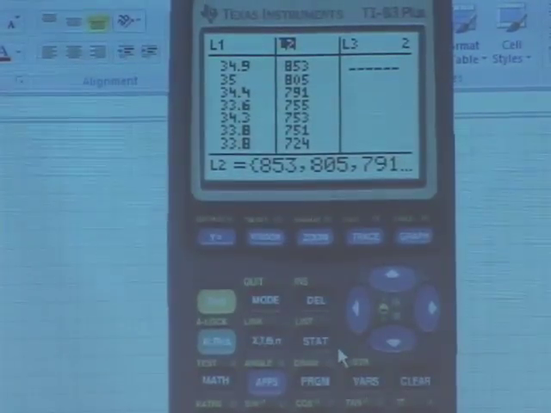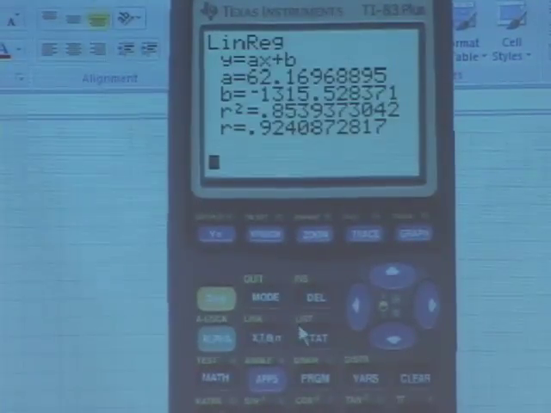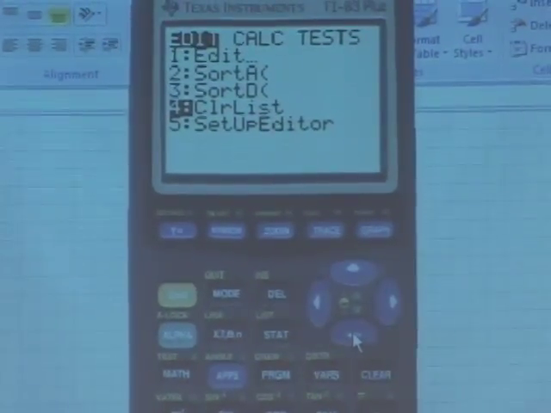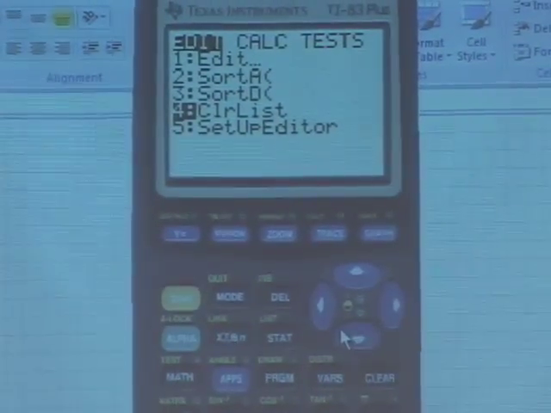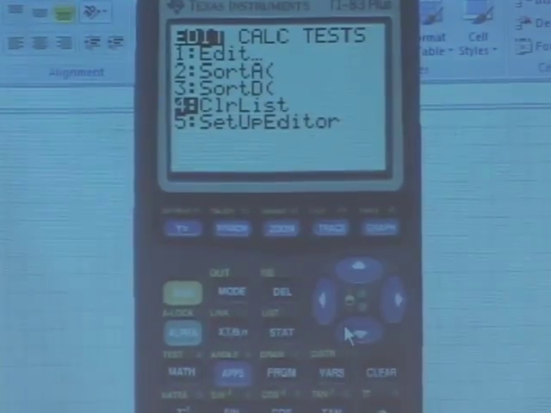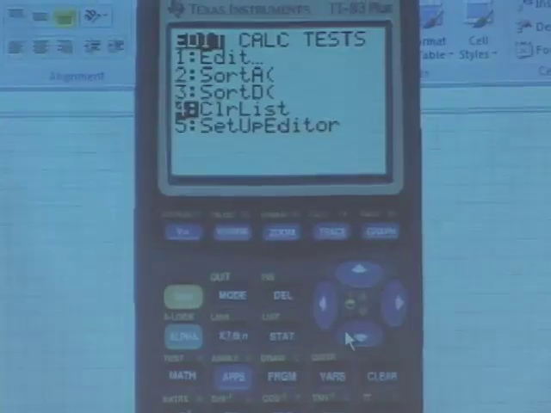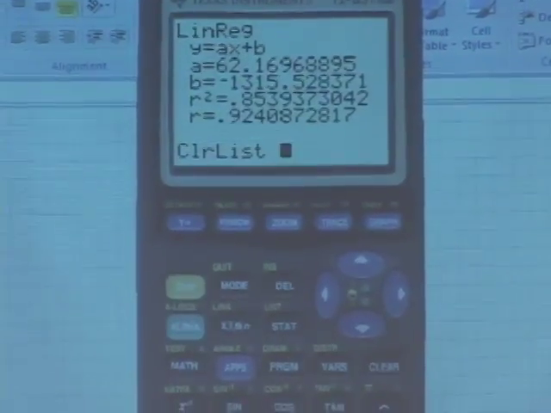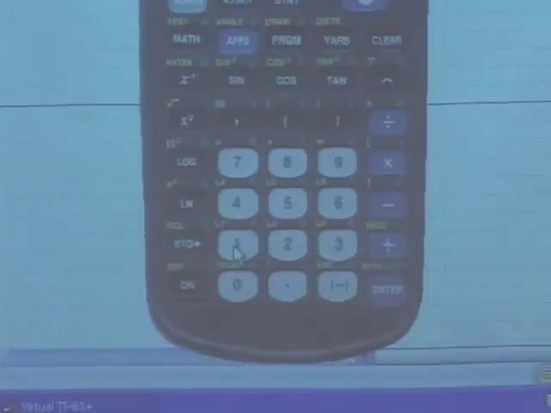So trust me on this one. Second quit and going to your stat editor and using the clear list option is usually the best method. It will save you from making some crucial errors during test time of deleting an entire list and sitting there without a calculator to finish the work. So clear list is a good way to go. I want to clear list second L1, comma